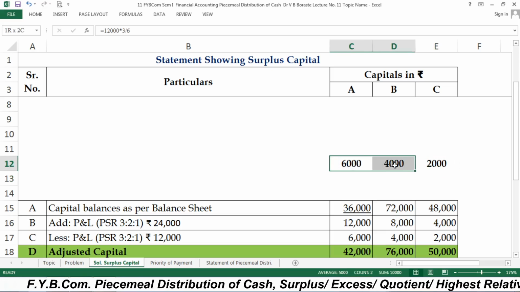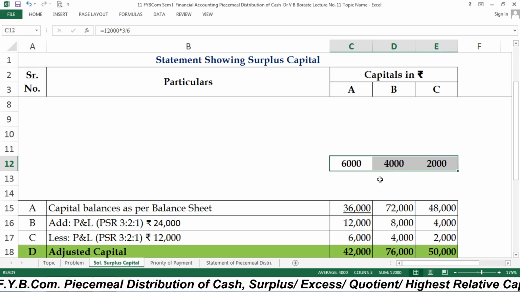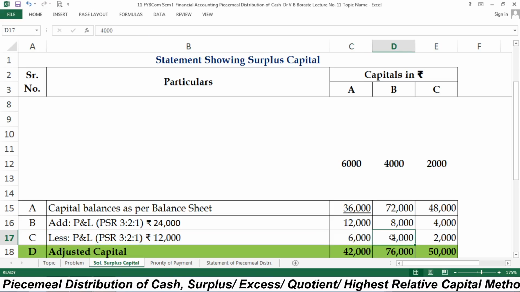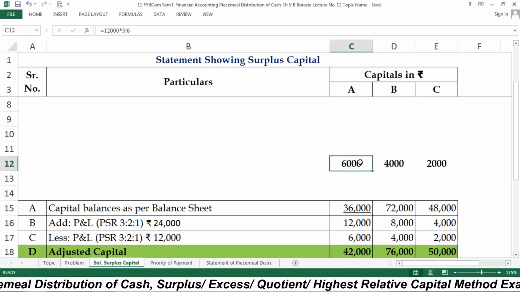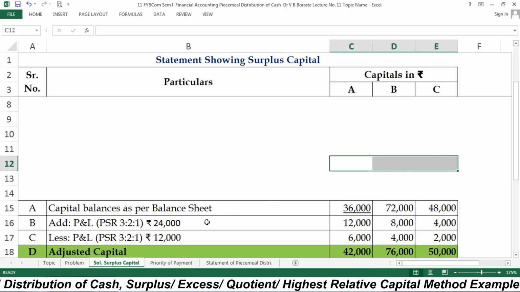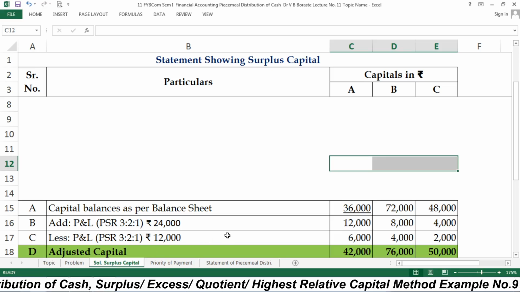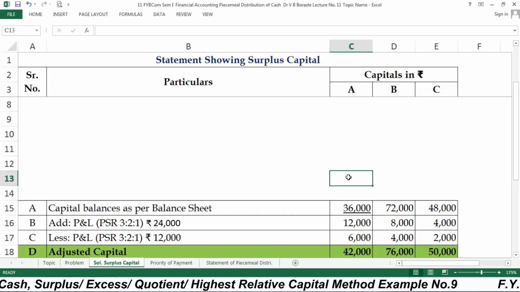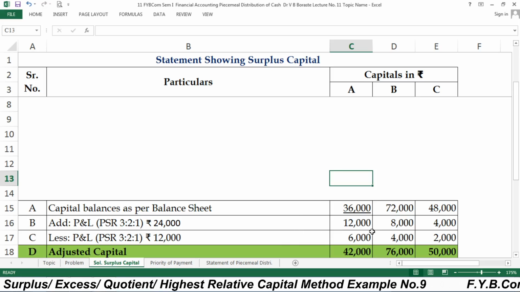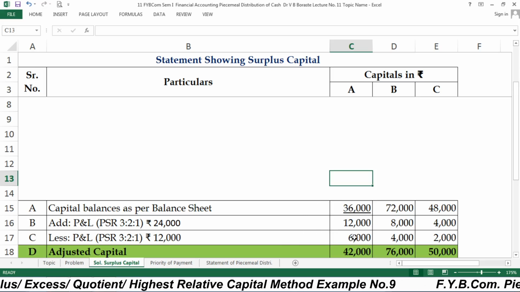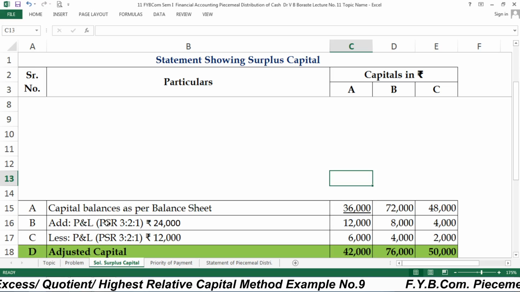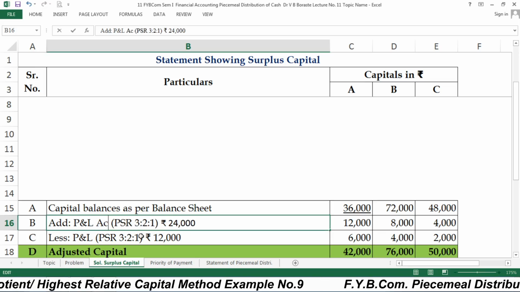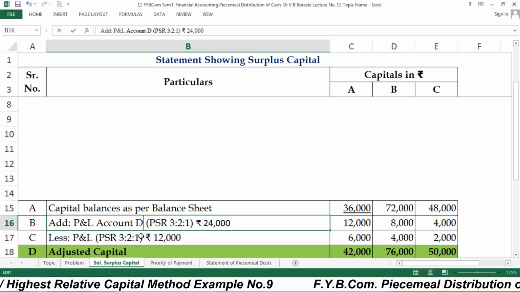So you can cross check whether our answer is correct or not. 6,000 plus 4,000, 10,000, 10,000 plus 2,000, 12,000. That means out of 12,000, we distributed 6,000 to Mr. A, 4,000 to Mr. B and 2,000 to Mr. C. So this is the profit and loss balance, which is a debit balance given on the asset side. It is distributed among the partners and it will be deducted from the capital balances. So after the addition of the profit and loss account credit balance and the subtraction of the profit and loss account which is a debit balance,